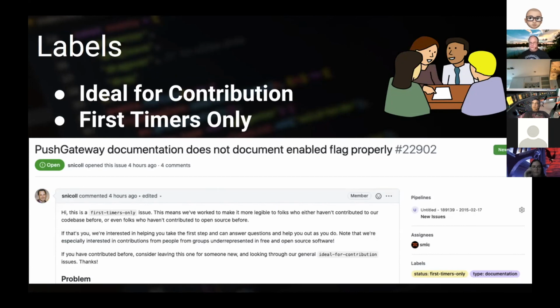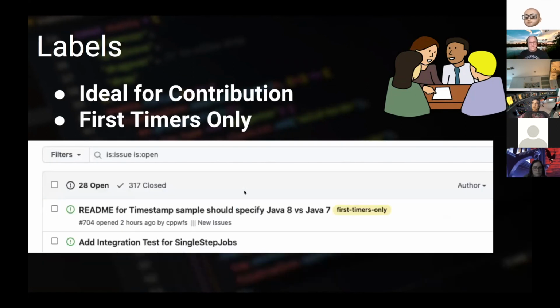Now, true story, it happened within the last 24 hours. Later in this conversation, I'm going to take what we are talking about and put it into action. I'm going to create some first-timer only tags in a project called Spring Cloud Task. And these will be very easy. They'll allow you to jump in and get involved and have your first chance at committing to open source. So yesterday, I created one and popped it out there, and it basically said, in the README for one of our samples in Spring Cloud Task,